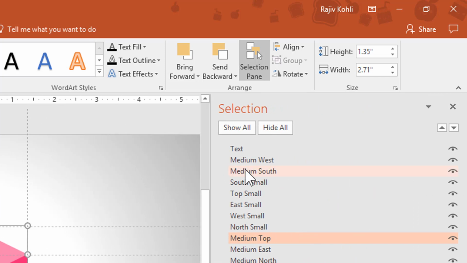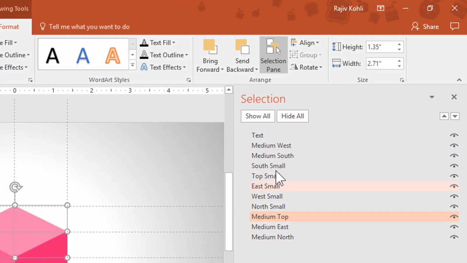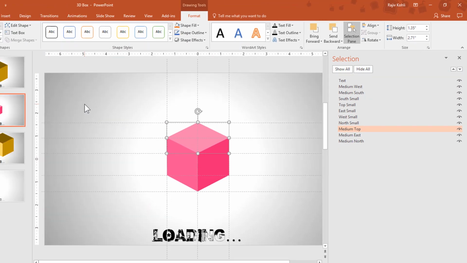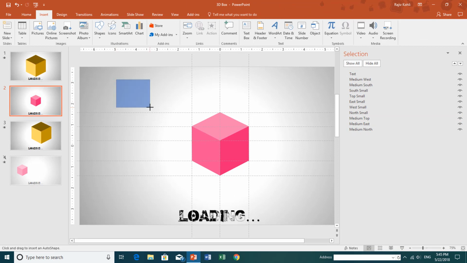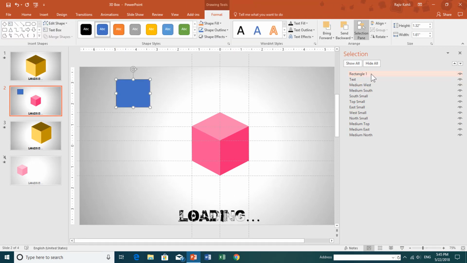And as you can see, I have named everything on my slide. All the objects have been renamed, because when you insert a shape or anything in your presentation, it gets a default name. So you can change the name through the Selection Pane. Just select the object, click on the name and type a name as you like.